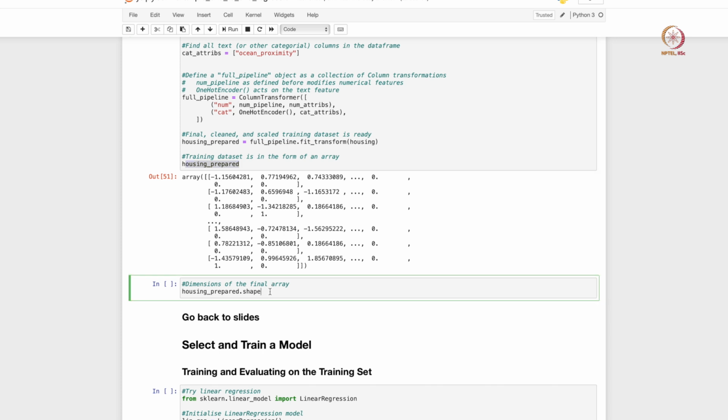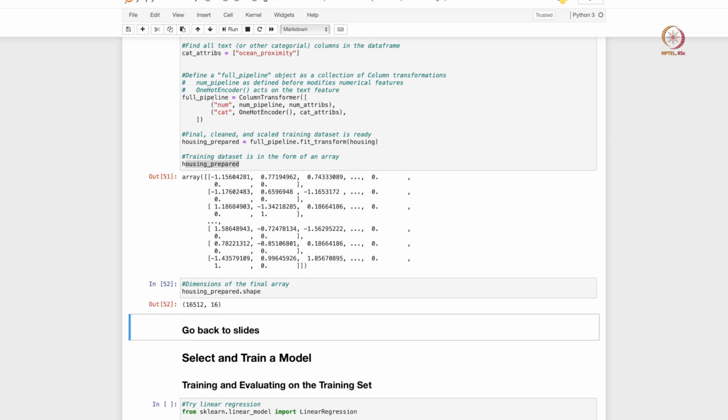And just to understand that we have gotten all the dimensions correct, we can print the shape of this transformed data set. Remember that we had about 20,600 total data points, and we have split that into training and test set. The test set has about 4,000 data points, 20%, so the training set has about 16,000 data points, so that seems to be correct.